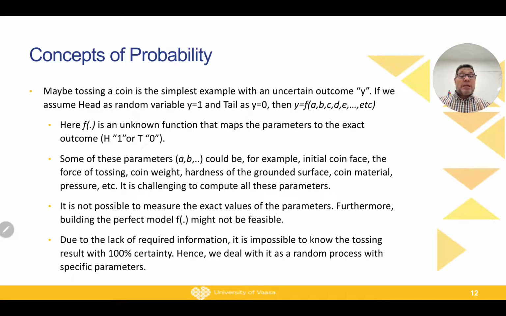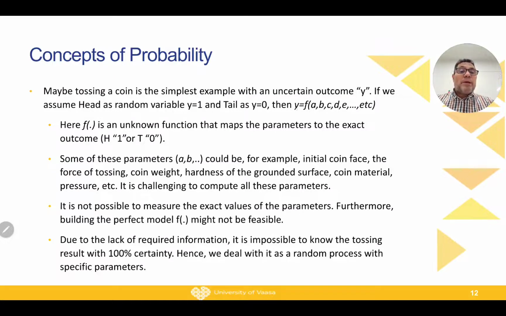is to give a clearer way of thinking about the lack of knowledge. We said that when you throw the coin, you can have head or tail. It is a random process for you, for me. However, why is it random? It is random because we have a lack of information. It is not random by itself. It is not naturally random. It is random for us because we don't have information.